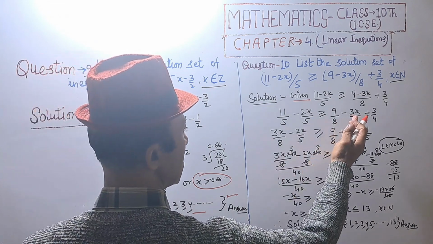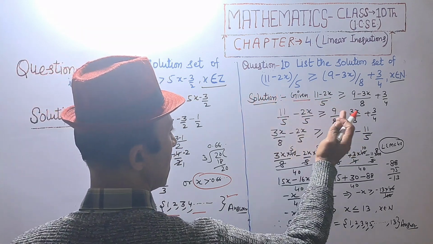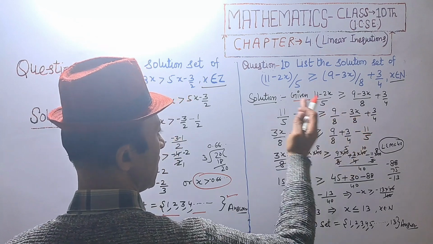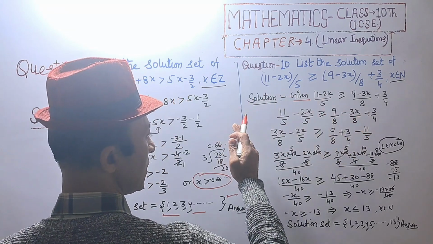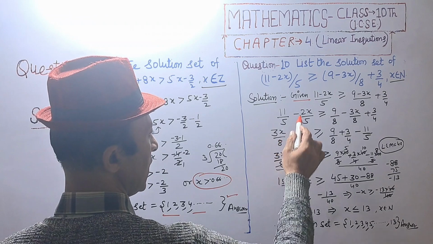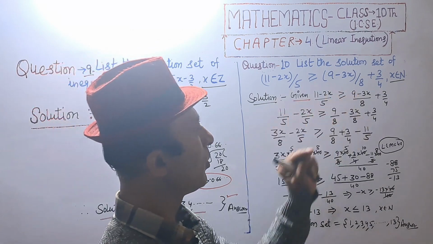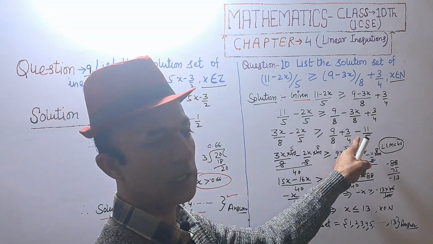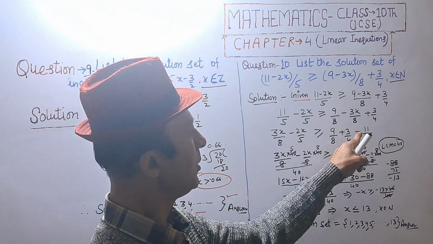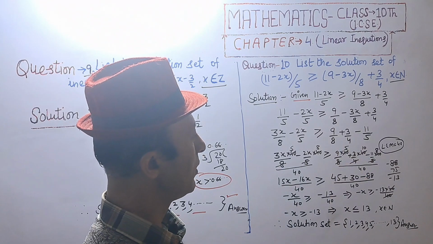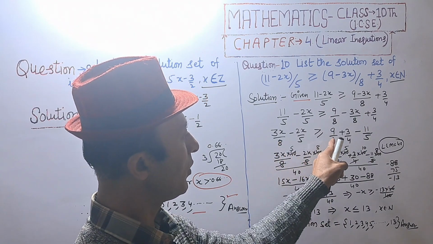And shifting 3x upon 8 to the left, that is positive, 3x upon 8 minus 2x upon 5 greater than or equal to 11 upon 5, shifting to the right side, that will be negative, minus 11 upon 5, and